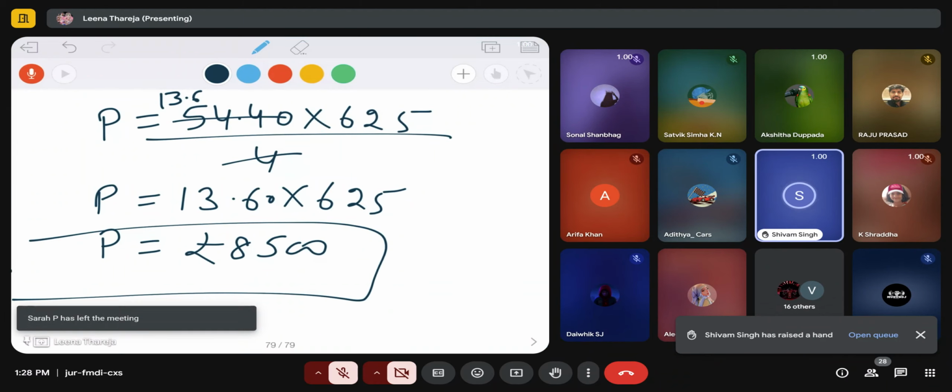I had a doubt, ma'am. Yes, tell me. In the question we did yesterday, ma'am. Which question? Ma'am, the 10th one. What was the question? Ma'am, the 10th question was on a certain sum, the compound interest in 2 years amounts to rupees 4,240. Correct.